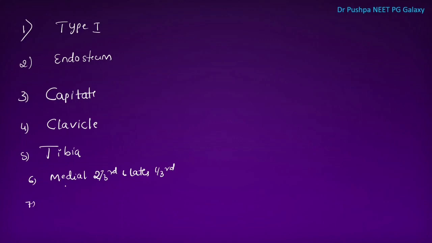Investigation of choice of rotator cuff injury is MRI. So I will be telling only important points. In this session, I will be telling only important high yielding points to be remembered for upcoming exams. This is revision session. Don't write anything, just watch the video, just listen. I will upload notes in my Telegram group. So MRI is investigation of choice of rotator cuff injury.